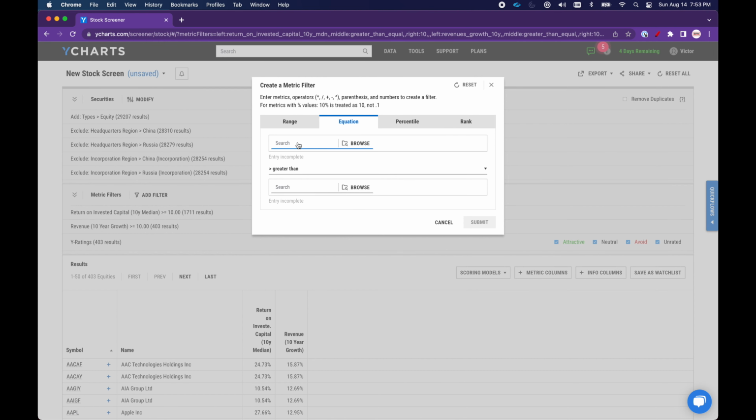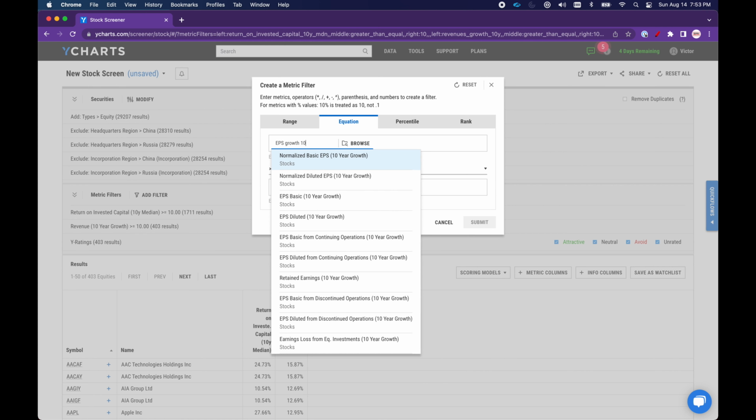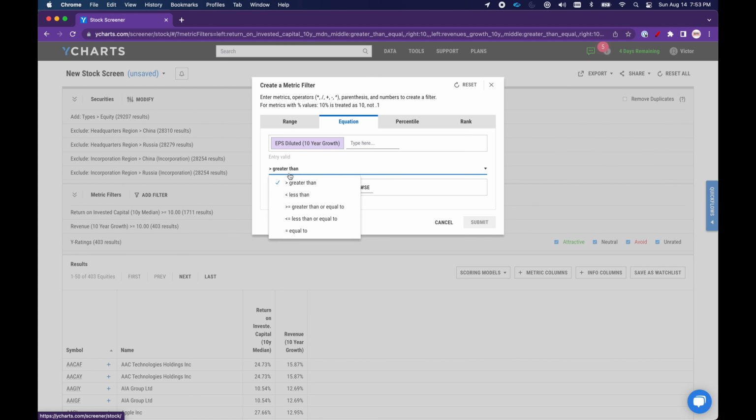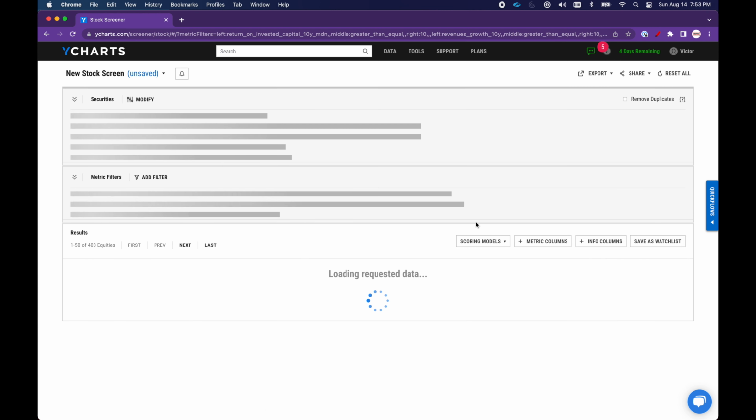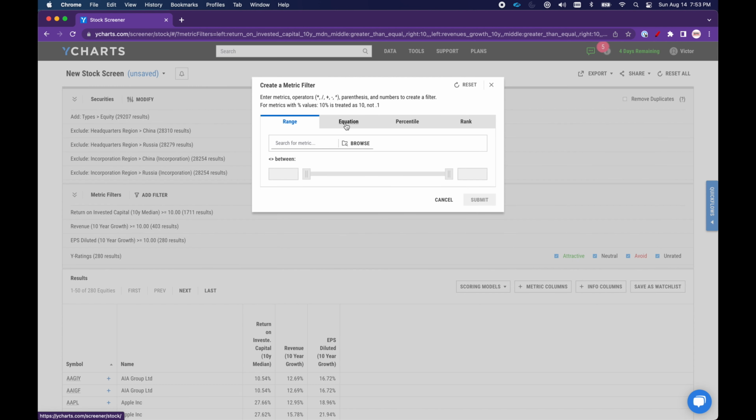Let's add now the EPS growth. So I'm going to type EPS growth 10, and here we have the metric that we want. I'm actually going to select diluted so that it is more precise, and let's go greater than 10% as well. Perfect, down to 280 stocks. Next filter